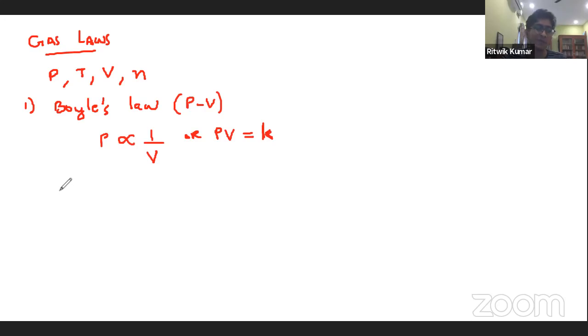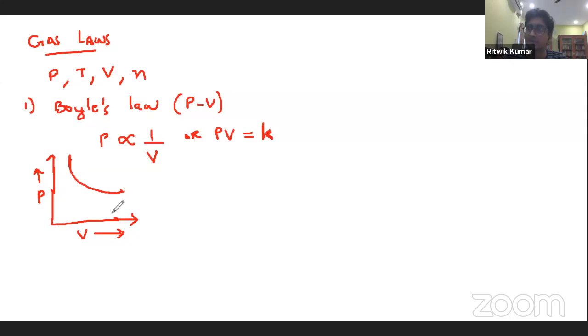So basically with these gas laws, the questions pertaining to this will be based on the types of graphs that you will be provided, right, by this relation. So P inversely proportional to V, you can write different types of graphs, right? Mainly three different graphs you'll see, right? If you were to just draw a graph of P versus V, pressure versus volume, since it's an inverse relation, you'll see